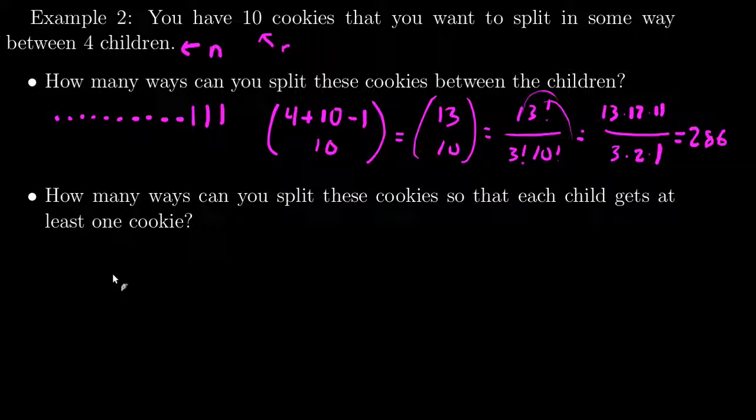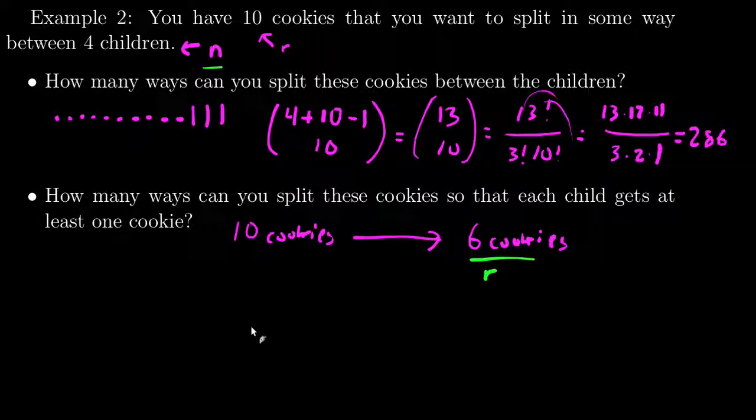For part B, it's almost the same. Here's the trick. If I want to make sure that each child gets at least 1 cookie, all I'm going to do is take the 10 cookies, give 1 to each child, and I'll have 6 cookies left to distribute amongst the children. And that way, if of these 6 cookies, I give 0 of these cookies to child 1, child 1 already has 1 of the 4 cookies I took out at the beginning, so that child still has at least 1 cookie. And same thing, this is R, this is still N,